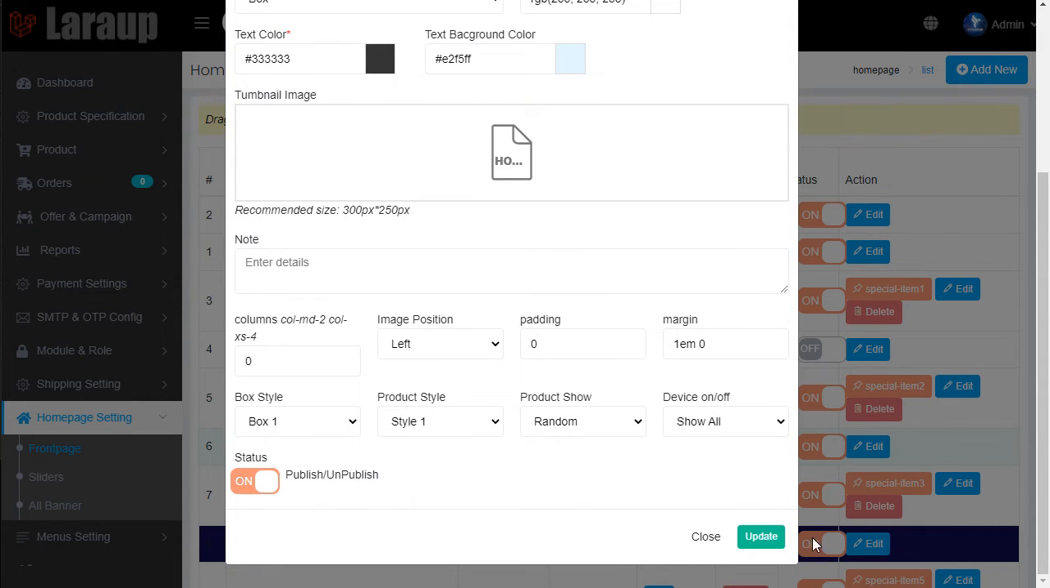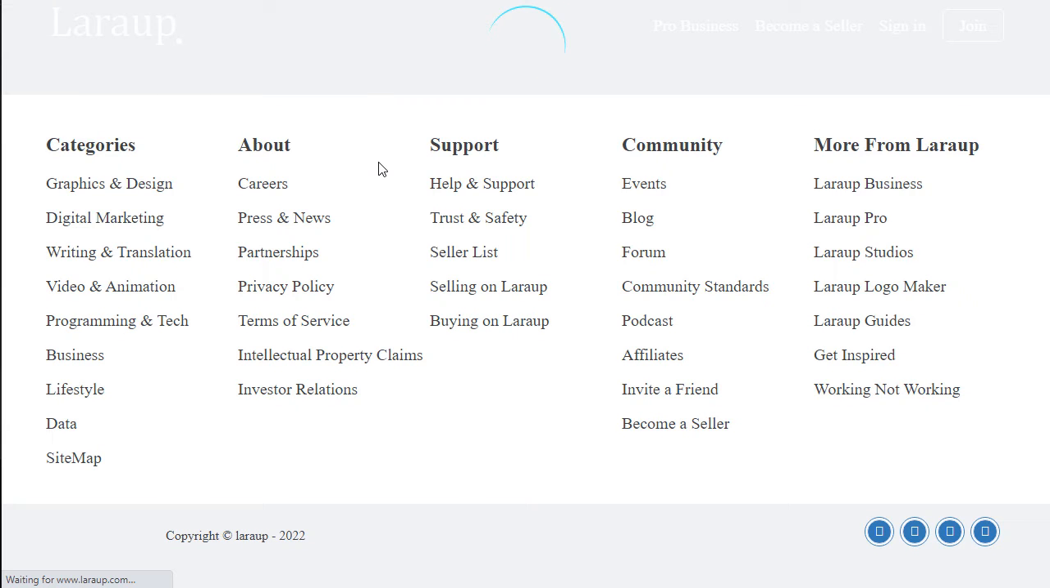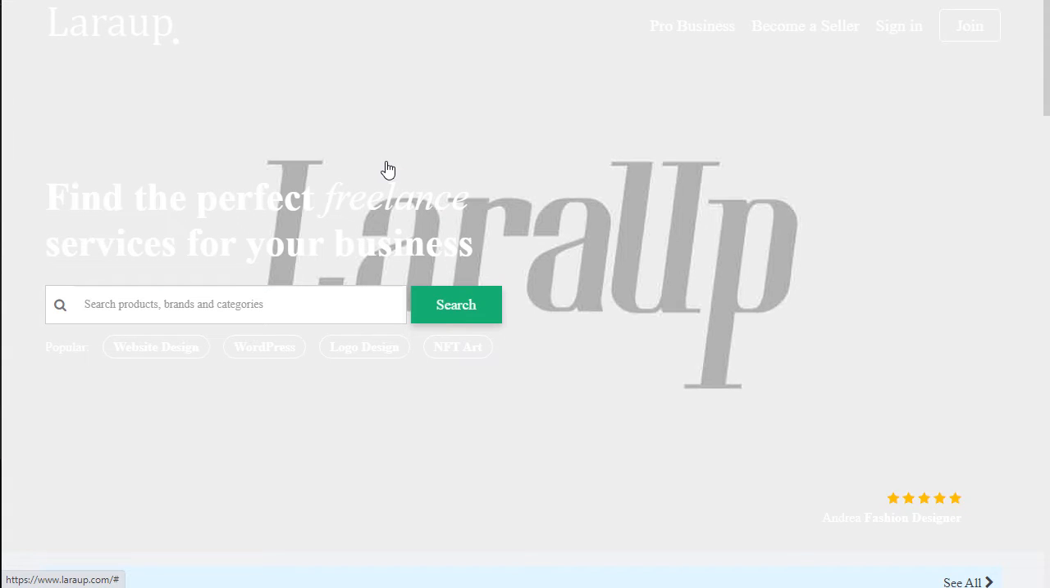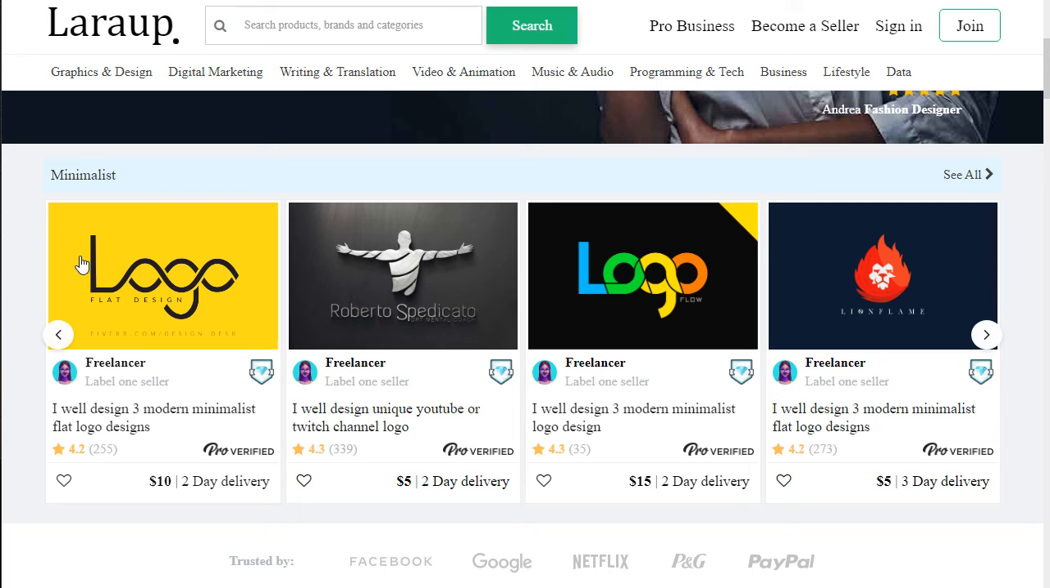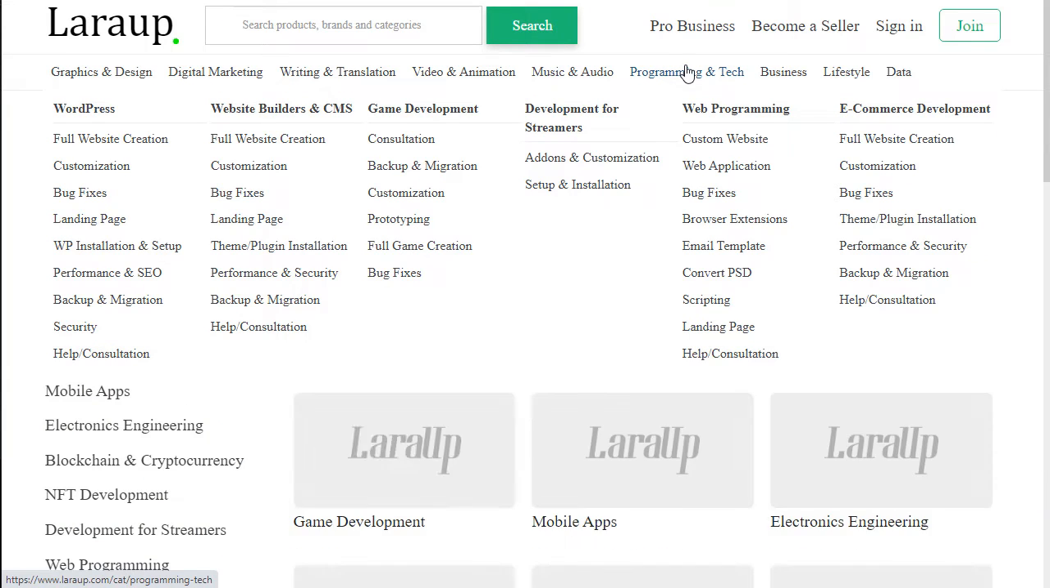So I have already saved and updated. Okay, I'm going to this panel and just reload, and then see, automatically this one shows. I'm going to the tech and program and